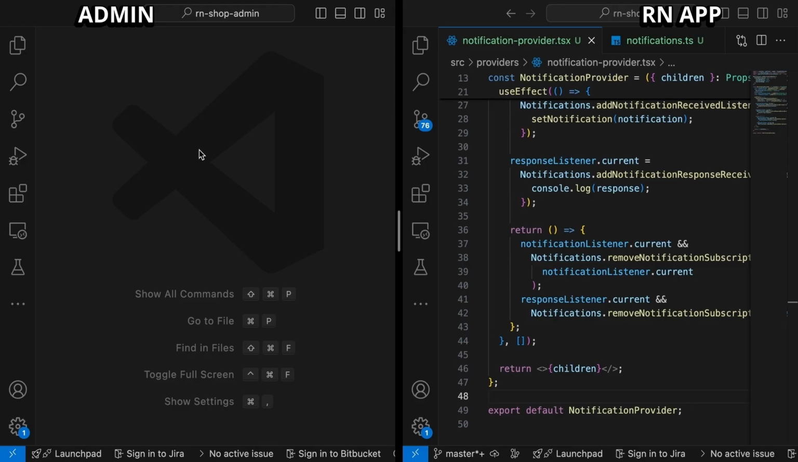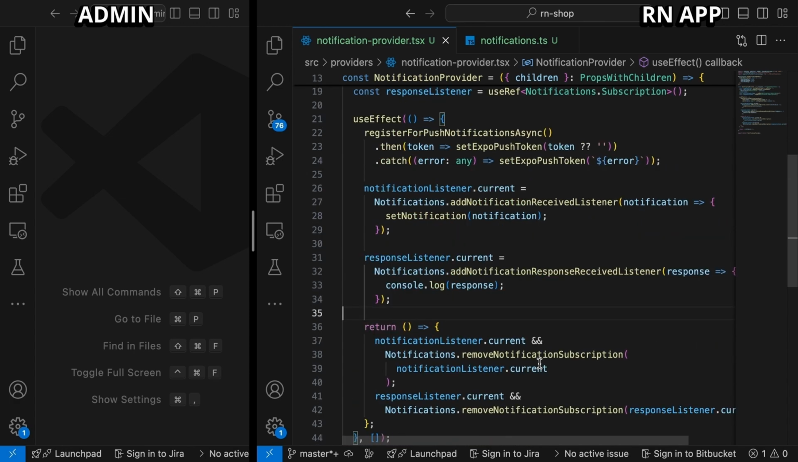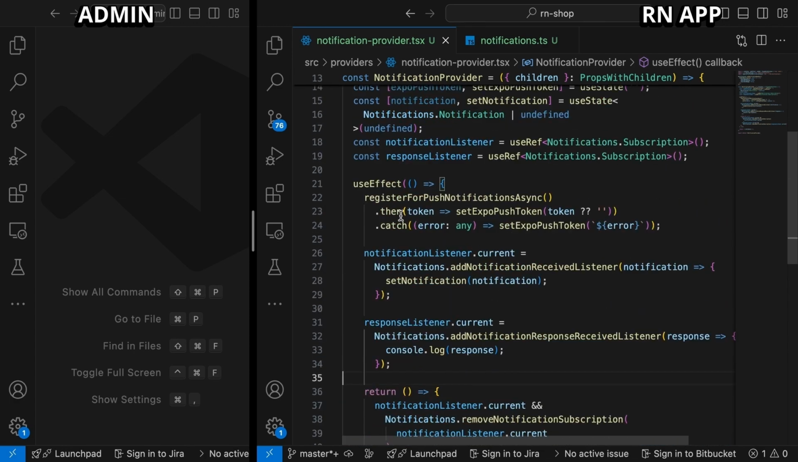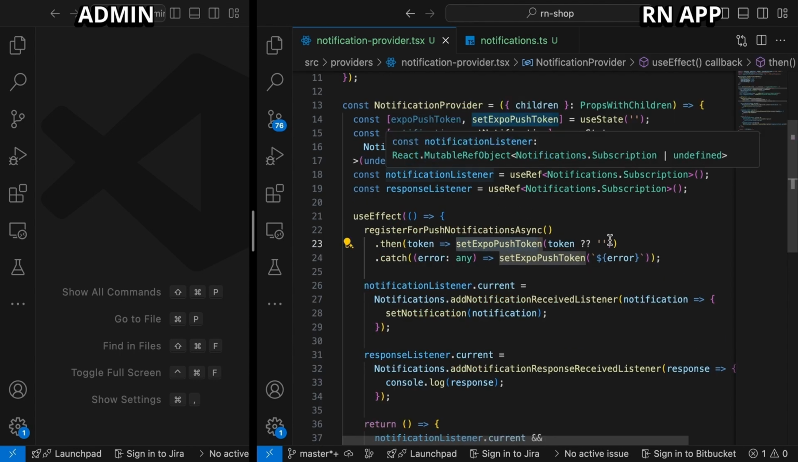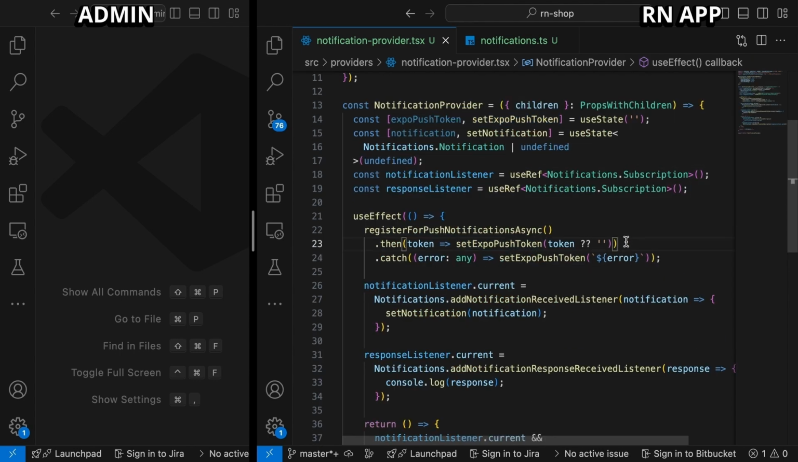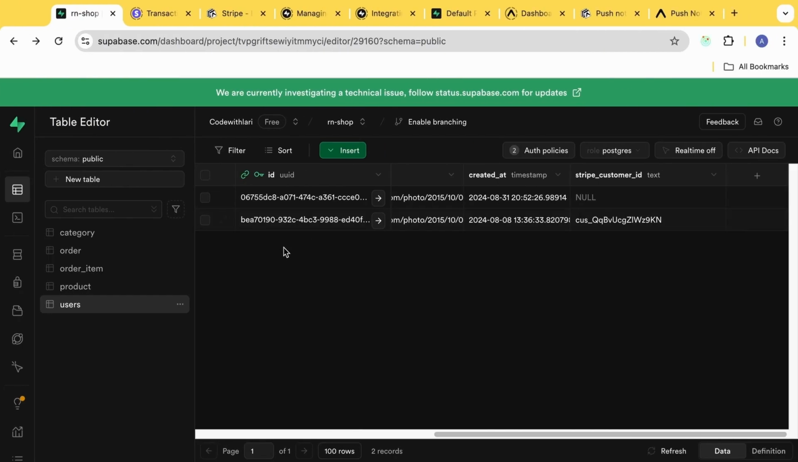On the left, we have our admin panel, and on the right, we have our React Native application. So let's see, what are we doing so far when the user grants access to notification. We have the function that we use to register, and then this function sets it in state. Now, rather than set the token in state, we want to set it right here in our Supabase project for